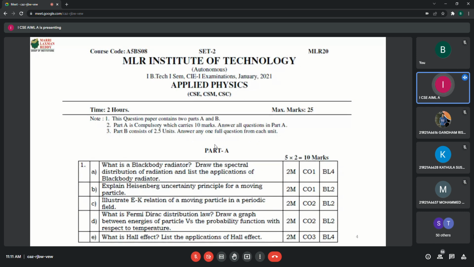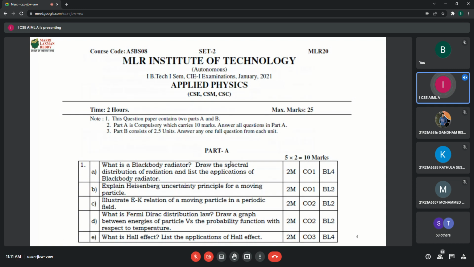Definitely, you will get the first two questions from unit one only. That is there. The second thing is no question is repeating here. No question was repeated here. Okay, so that is the second thing. Now set one and set two like this.